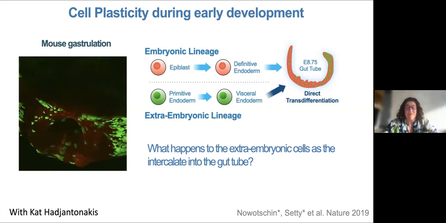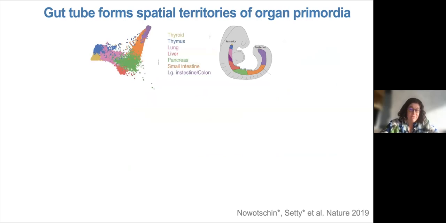And what happens to these extraembryonic cells as they go into the gut tube, and what's their fate? So we used single-cell data, and the first thing we saw is that, while many times the top principal component is pseudo-time, here the top component was actually pseudo-space, and the single-cell data organized along a pseudo-space where each cell was really organized as a cluster. Even the gut tube at this point was very uniform, really resembling its organ that's about to bud out from each place along the gut tube, whether it's lung or liver or pancreas.